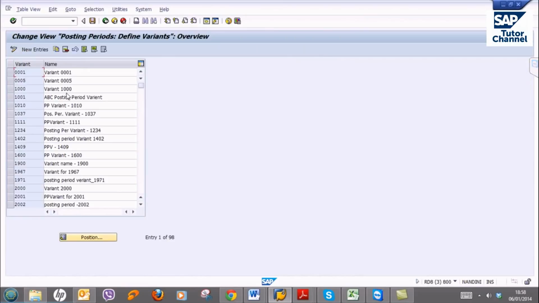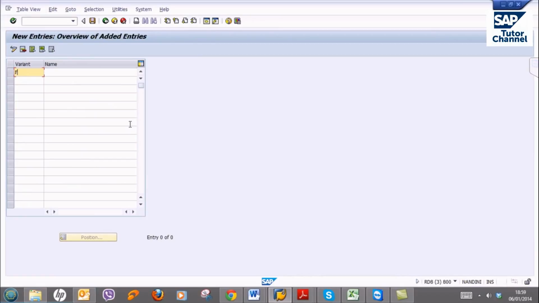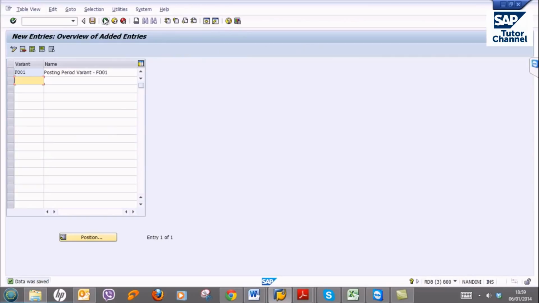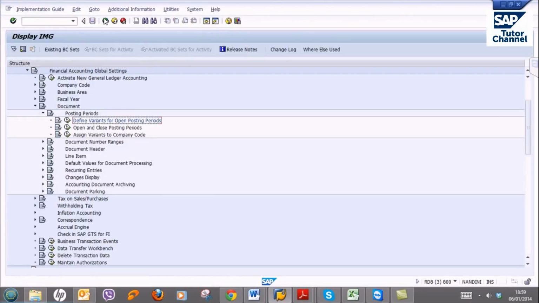and the posting period variant can be a 4-digit number or 4-digit alphanumeric key. Click on new entries and choose the same variant as your company code, FO01. Just give the name posting period variant FO01 and then save it. Now go back and open and close posting periods, execute,